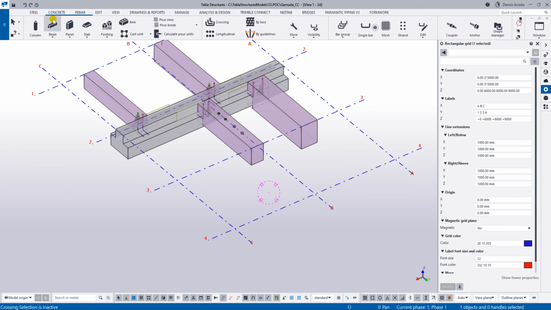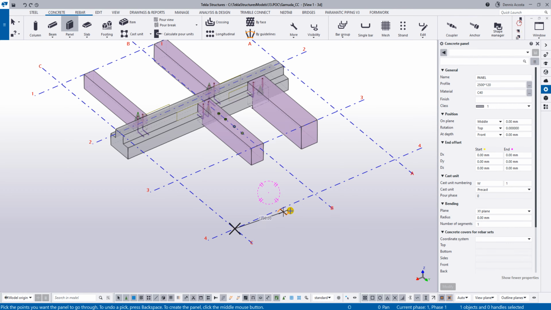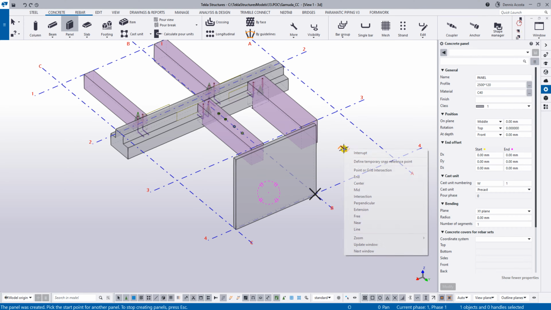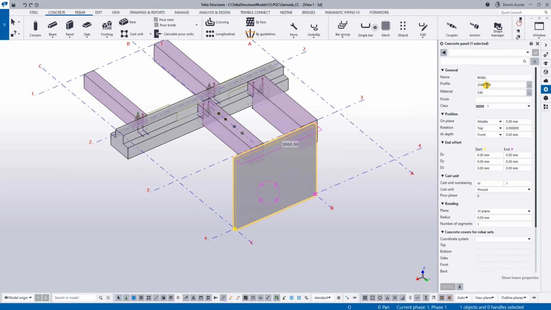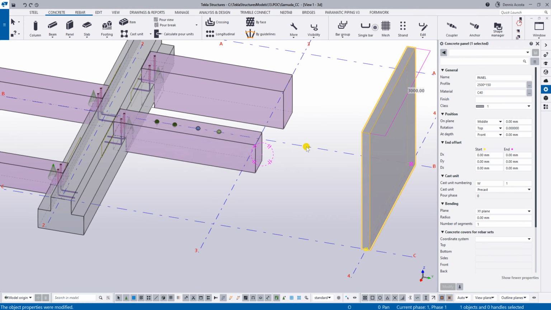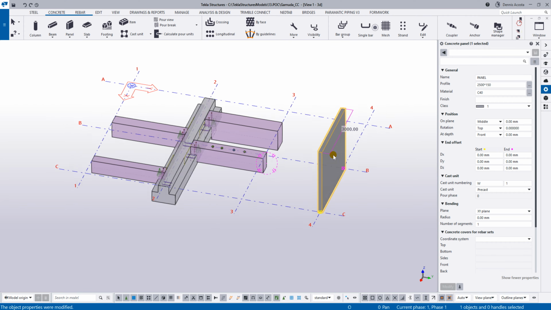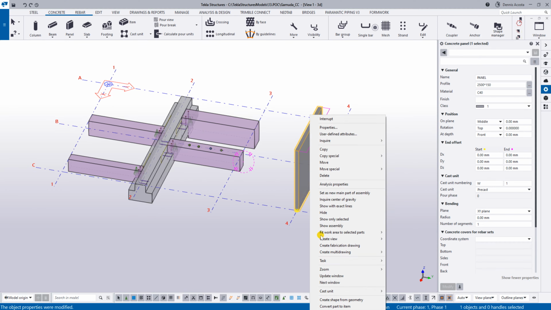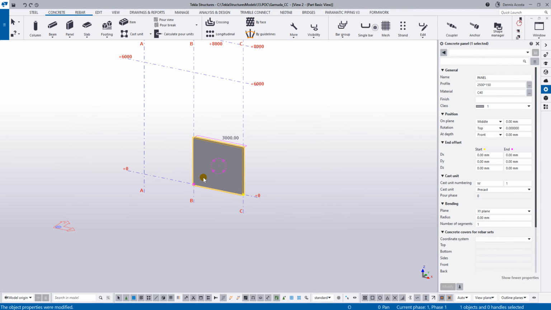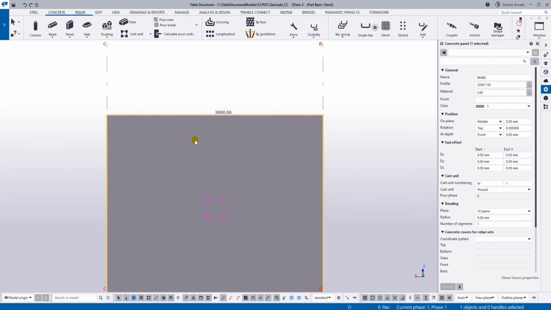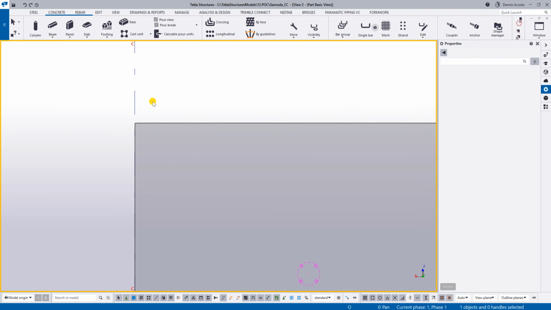So for the detail, I'm going to use the panel. So maybe I'll choose this one, 50. Okay. And then create a view, 3D view. Okay, so here, I can just simply add the,